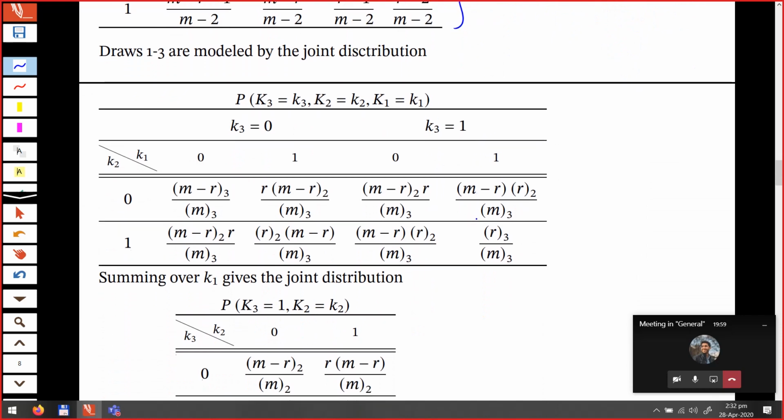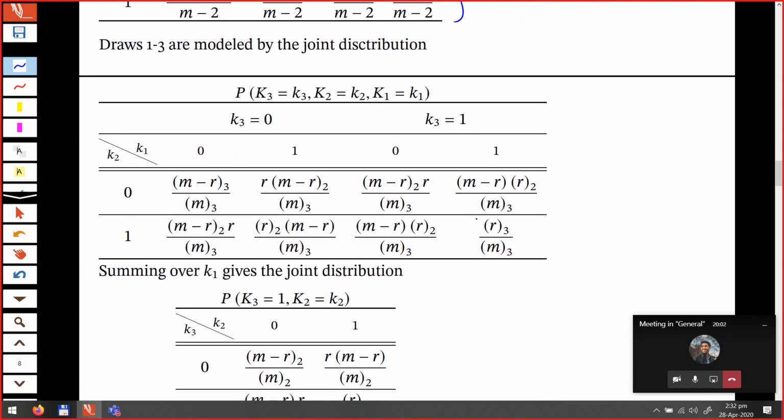And similarly, I can use the law of total probability again and conditional probability to now work out the joint probability of the three events, K1 taking one value. So this is now a distribution for all the three draws, draws 1 up to 3. And here is the table. Now this table will not be so revealing, but what you can do is